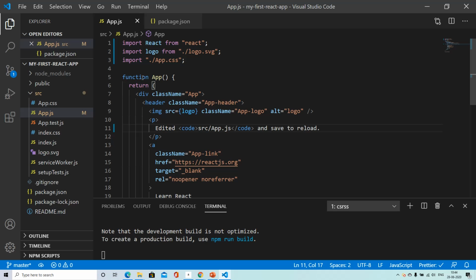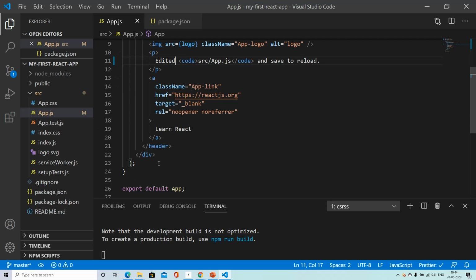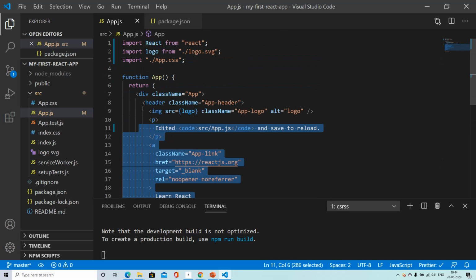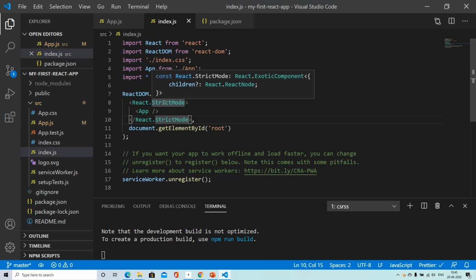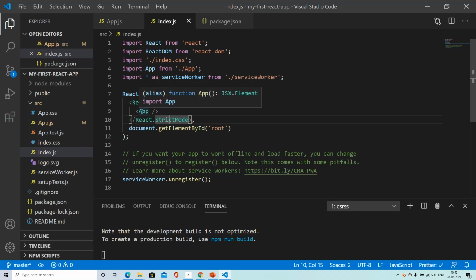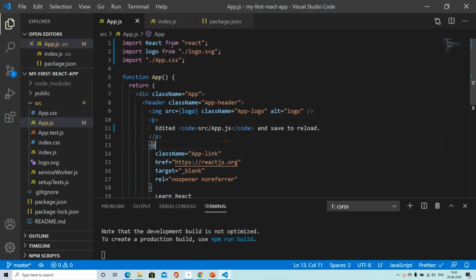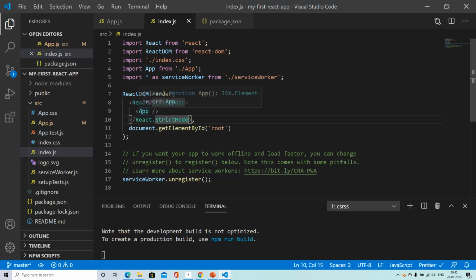Now this app component, even though it is returning a bunch of JSX, we have seen JSX a bit earlier, and this is a big amount of JSX written over here, but it is simply returning the JSX. How is it being rendered on the UI? That is still a mystery. So for that, we have to check the index.js file. Index.js is the first file that is loaded by the application when it starts up. And inside this application, we are rendering the app component. This app component is written over here. We just saw it. And it is being used in the index.js like so.